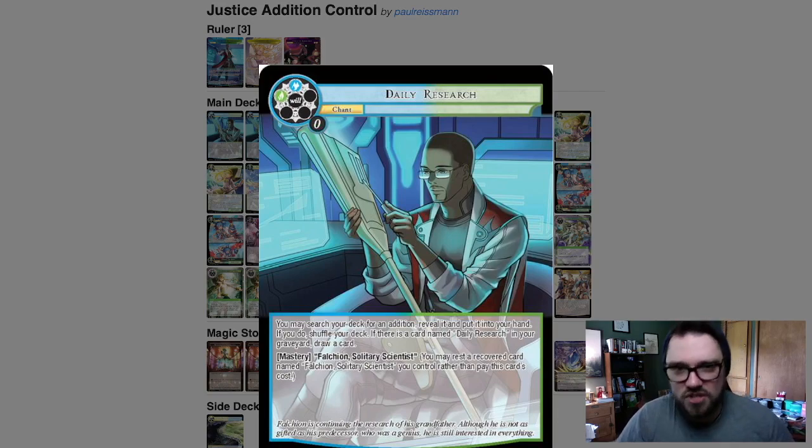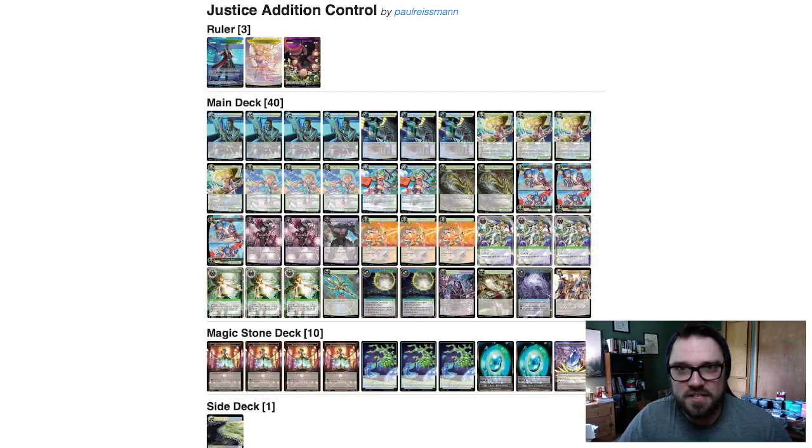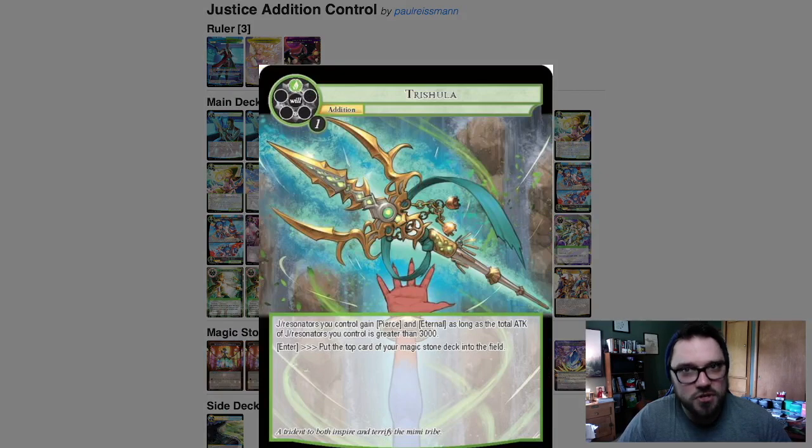To get into Justice, you need 3 additions on the field in order to contract, so searching them out of the deck seems like a good choice. This particular list focuses more on additions that have bonus effects, right? So not necessarily one-drop additions to help do that judgment into Justice, but you have things like Trishula to ramp you stones and to give you bonus symbol skill effects